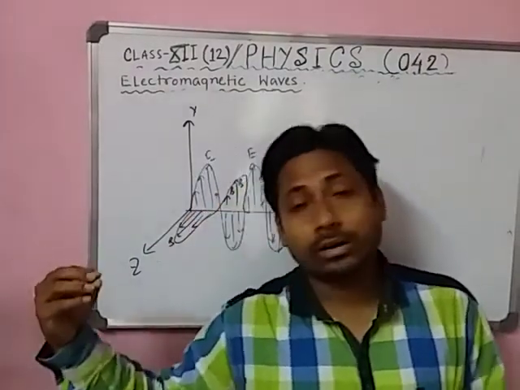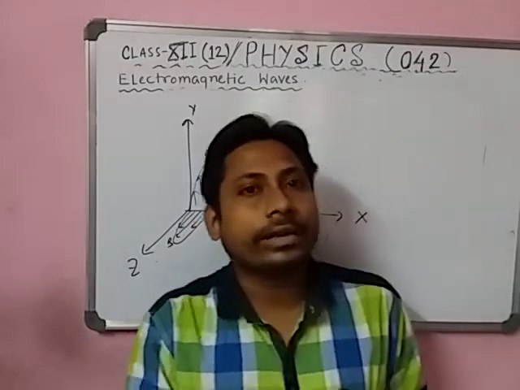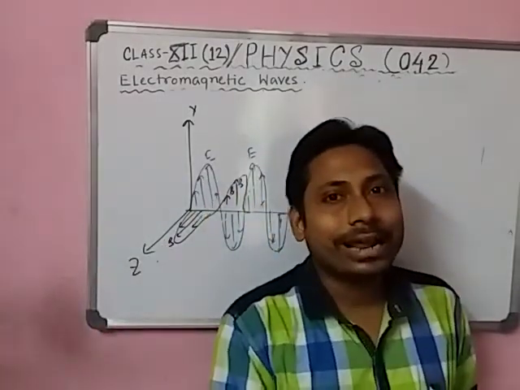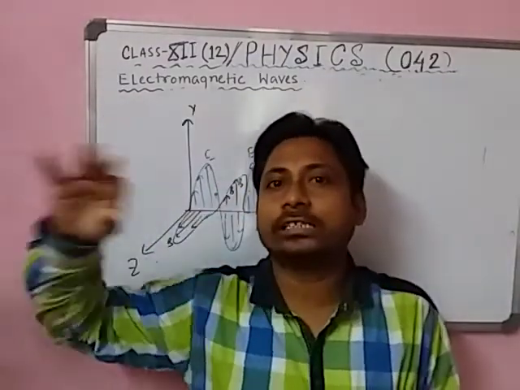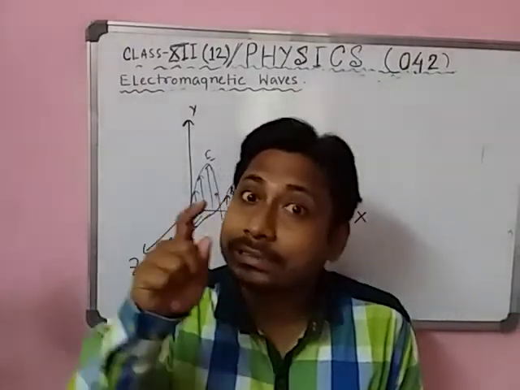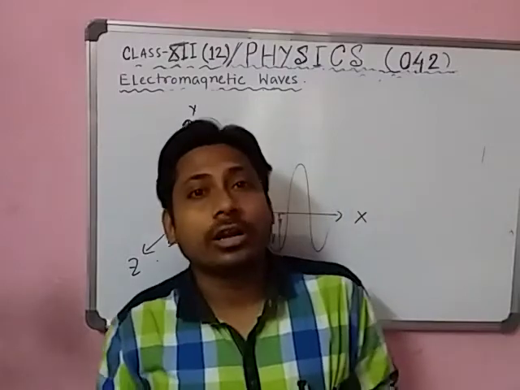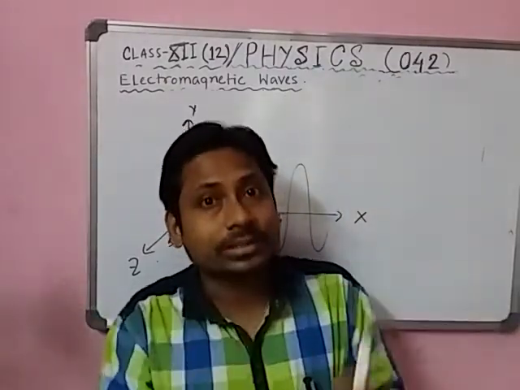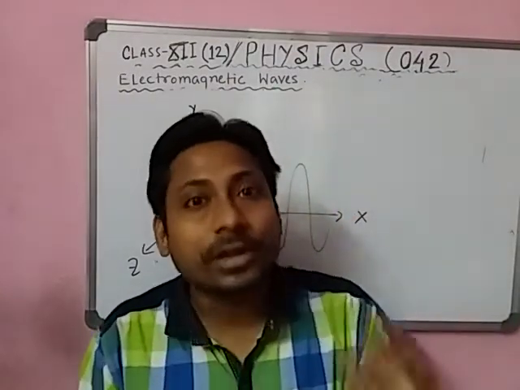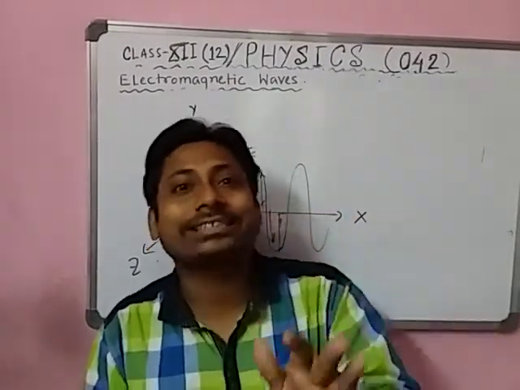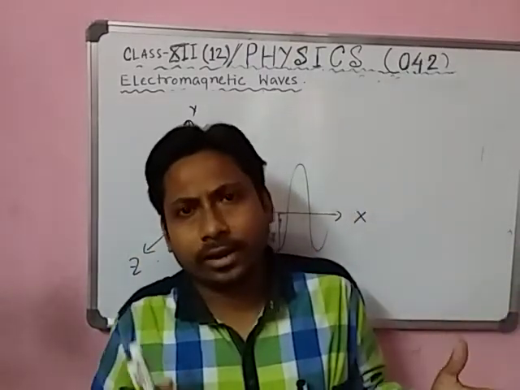Whenever an electron strikes a molybdenum material, what happens? It suddenly decelerates, and the loss of energy is emitted as X-rays. This X-ray is produced due to the decelerating electron when it collides with the molybdenum. So I think you understood why EM waves are produced: because of an accelerating or decelerating charge. It means if the velocity is varying, then we can get EM waves.